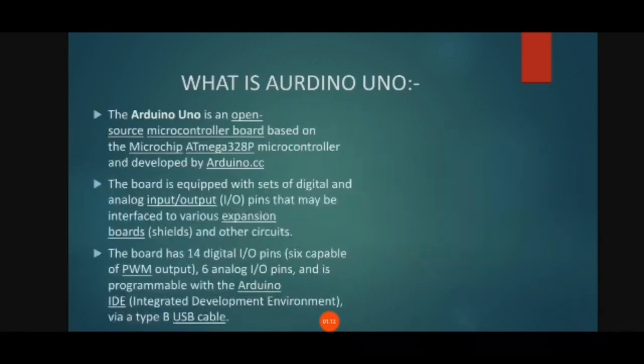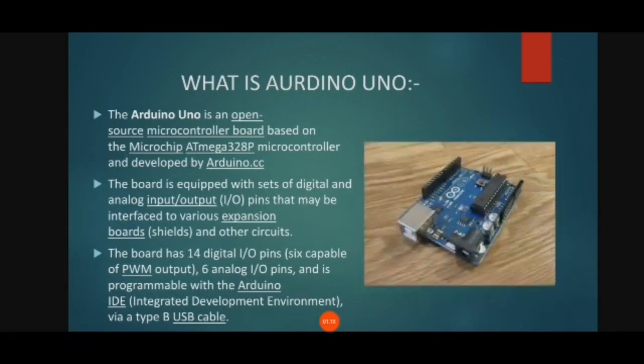What is Arduino Uno? Let us see. The Arduino Uno is an open source microcontroller board based on the Microchip Atmega 328P microcontroller and developed by Arduino.cc. The board is equipped with a set of digital and analog input-output pins that may be interfaced to various expansion boards and other circuits. The board has 14 digital I/O pins, out of which 6 are capable of PWM output,